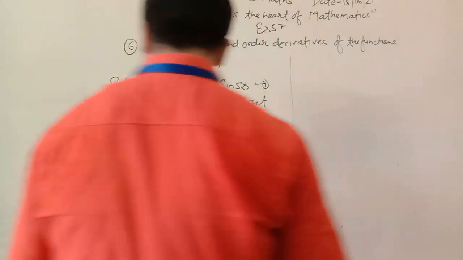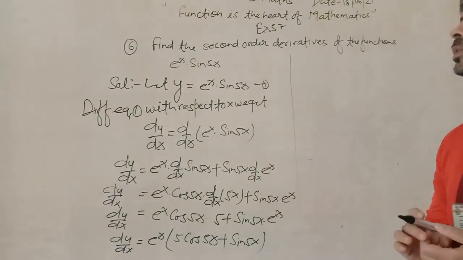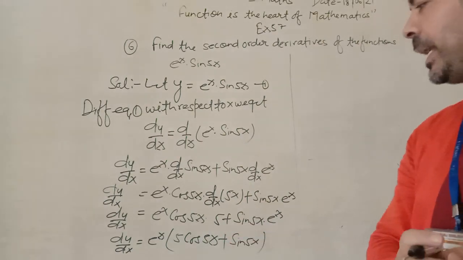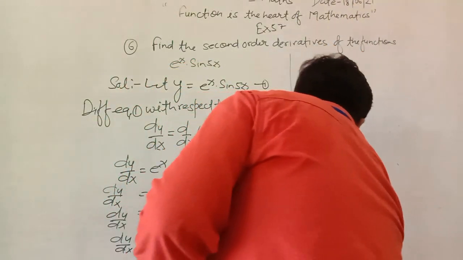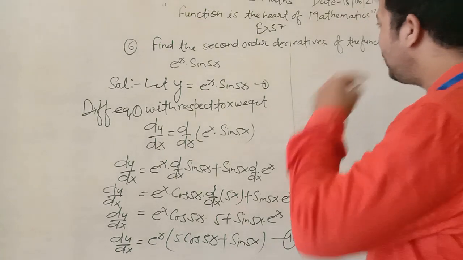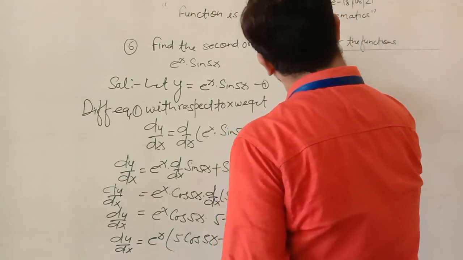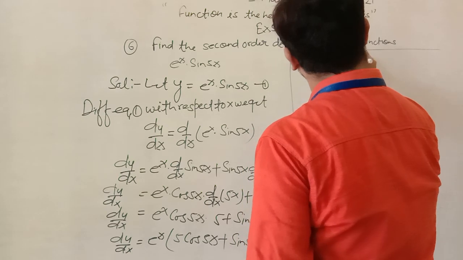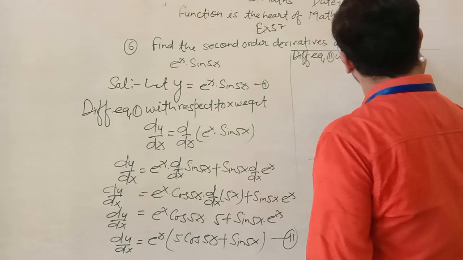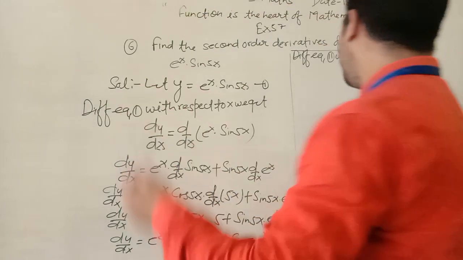Now you know that for finding the second order derivative, we need to differentiate the given function two times. Firstly we differentiated to get dy upon dx. After that we need to differentiate equation second with respect to x. So student, differentiating equation second with respect to x, we get what?